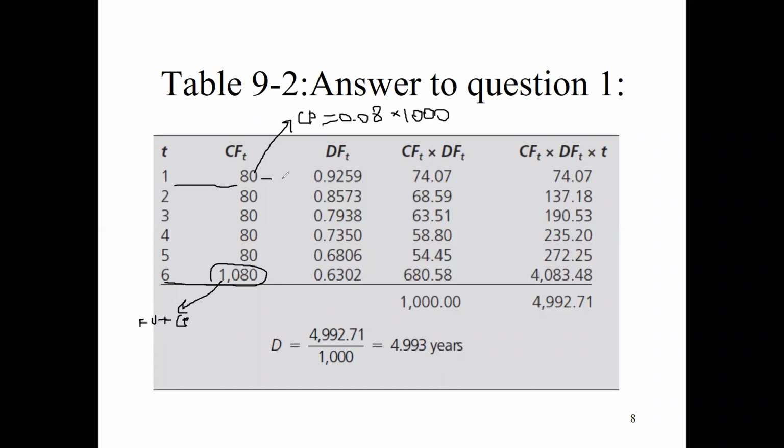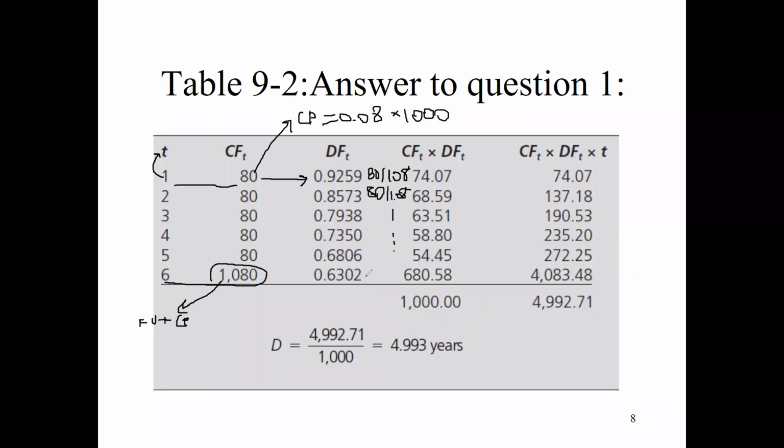Then what we do, we discount by the interest rate, which is 8%. Like 80 divided by 1.08 to the power 1, because from year 1 to year 0 there's 1 year. When we discount it, this is the same 80. It's just simple discounting, okay? Then 1.08 to the power 2, and so on.